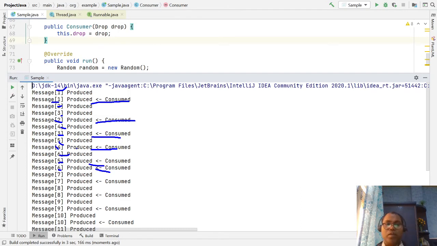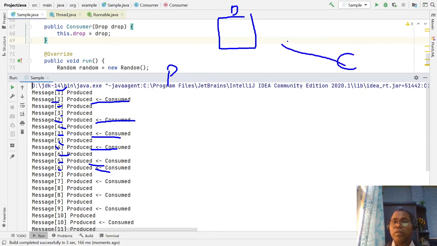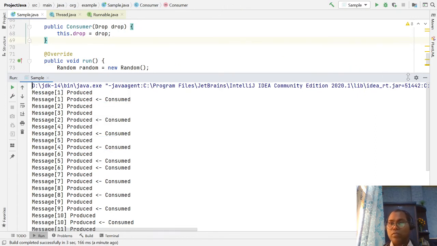So here we are ensuring, in the case of this drop, this is one common resource, this is the producer, this is the consumer. Let's say the consumer comes first, then it has to wait. The reason is that we have one flag, empty, initially true. True means there is no message. So let's look at the code.